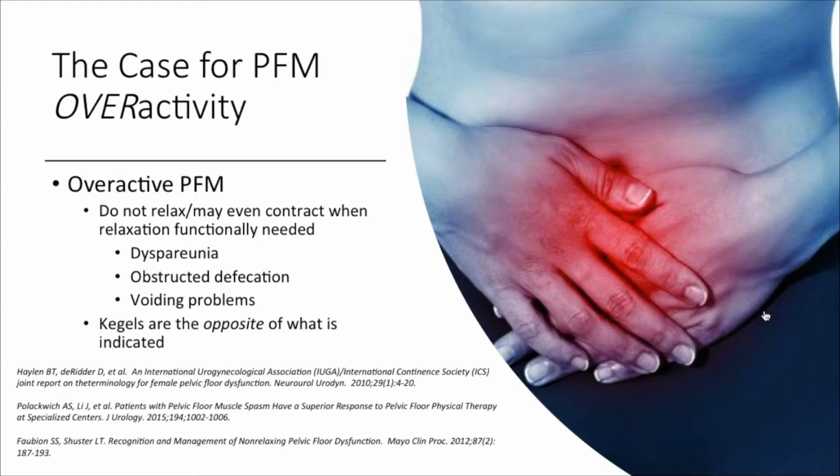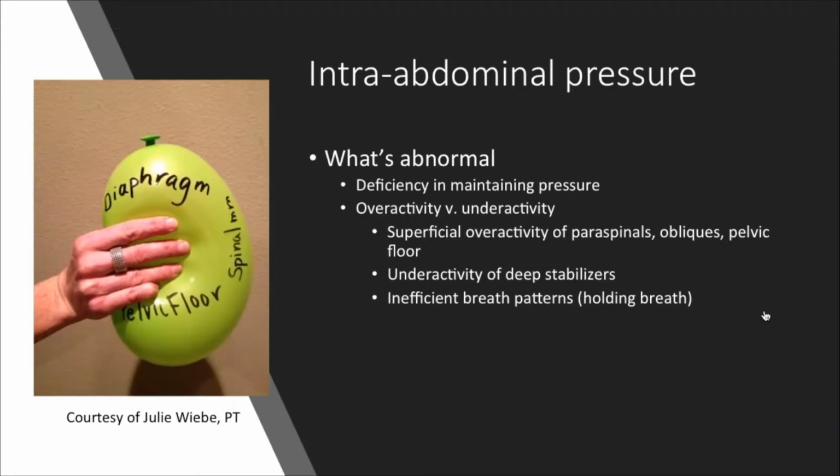Strength training to increase structural support, elevate the levator plate, and prevent descent during times of increased intra-abdominal pressure. And then the treatment, as a result, here is pelvic floor muscle training, biofeedback, and electrical stimulation. And like I said, this is the bulk of the literature that's out there. The unfortunate thing is, if that treatment doesn't work, there isn't a lot to say where to go from there. And that's where we really go back to the concept of understanding, is it really all about the Kegel, or building the case for pelvic floor muscle overactivity?